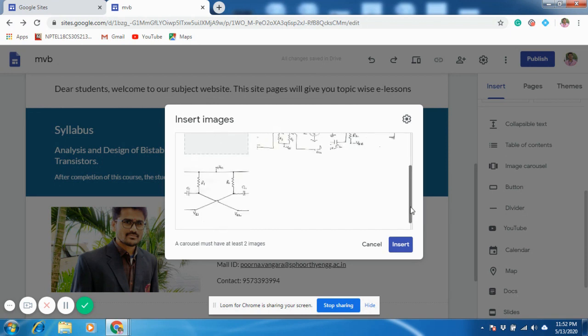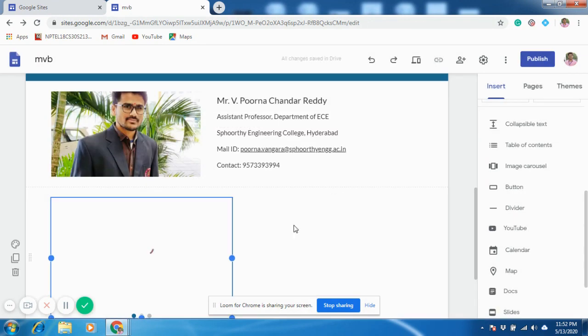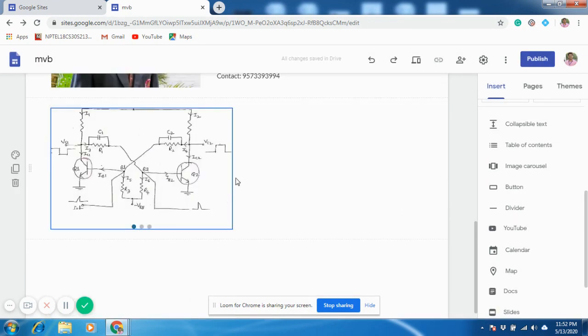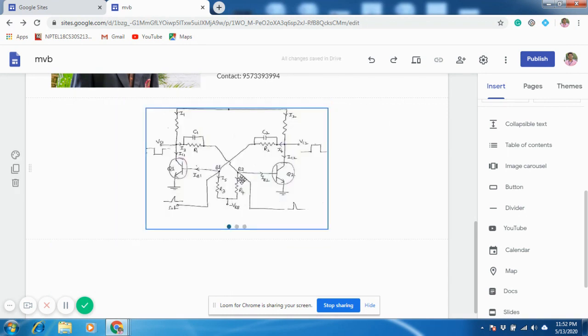So I have added 3 images. Go to settings. Let us use auto start. Insert. Let us bring this into the middle. Here you need to take care of the image size, because it may not fit into this layout. So you need to work on it.